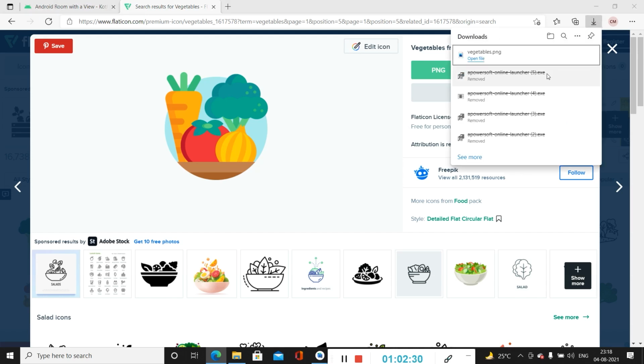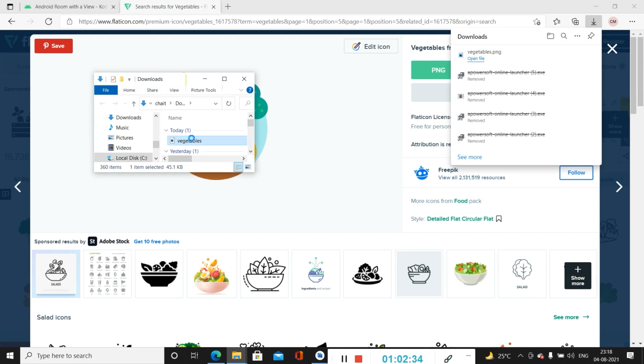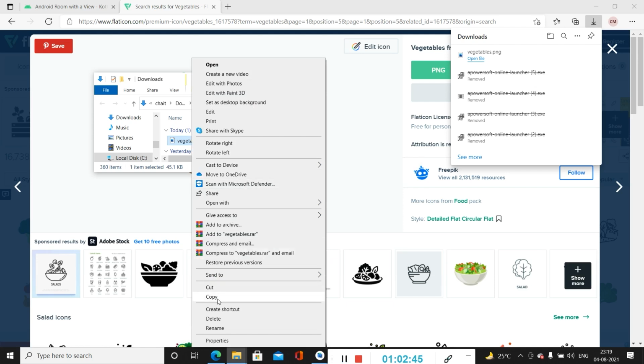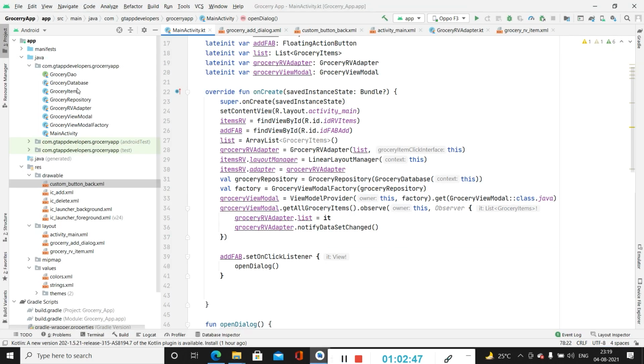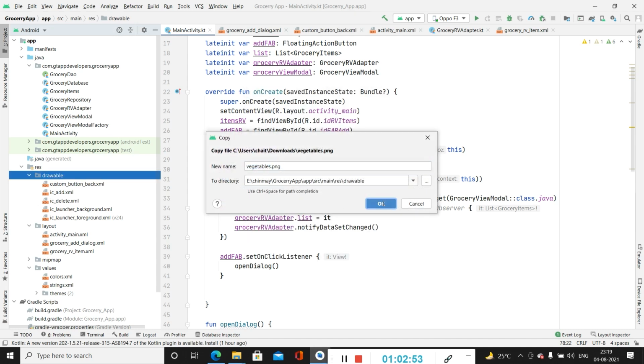Once it has been downloaded we will copy this image, and we will go to our Android Studio and paste it inside the drawable folder. So we will keep the name as it is, vegetables.png.